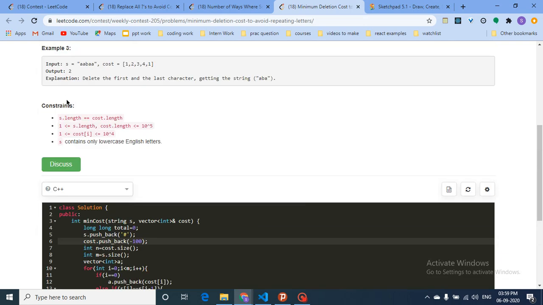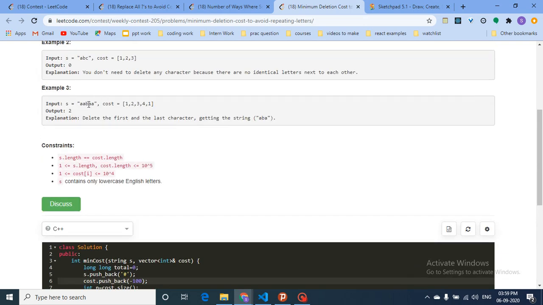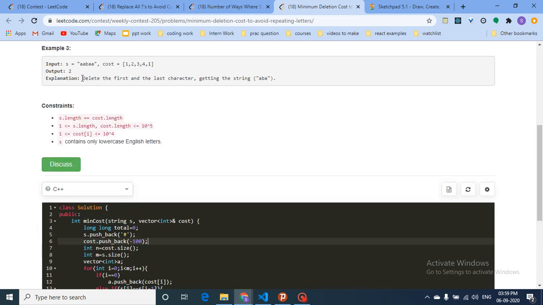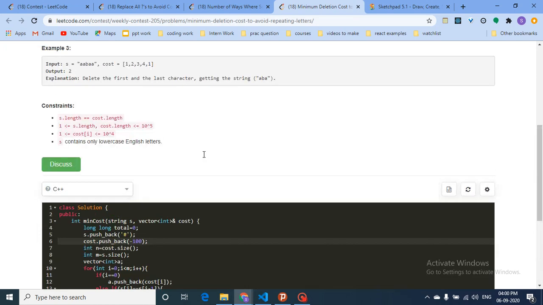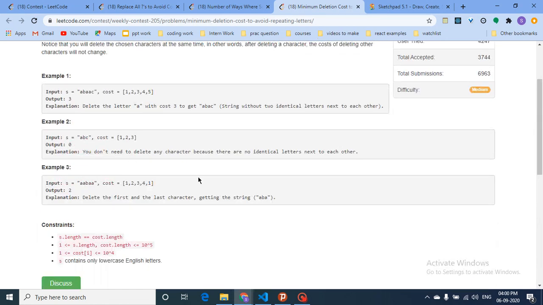After that, whenever we reach a state in which A is the same and B is not the same, now we have a vector which stores all the costs of the characters which are the same. So we will sort this vector so that I can find out the total cost for all the same characters.